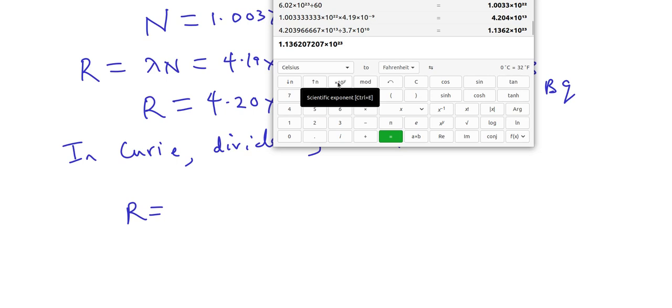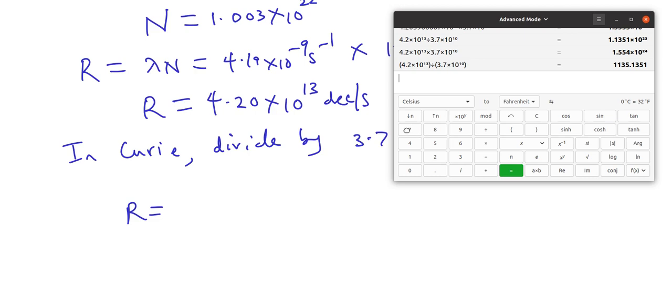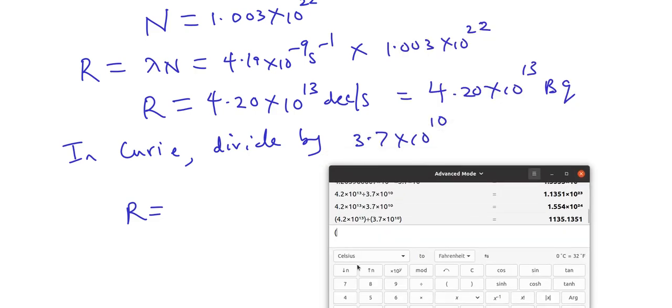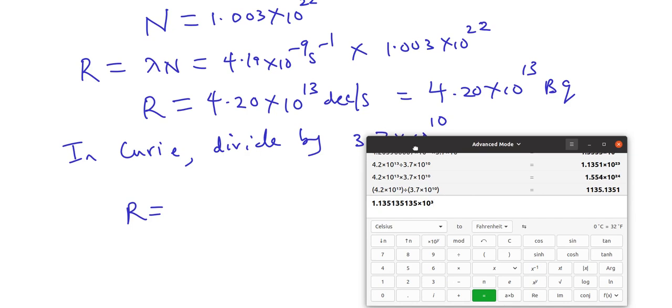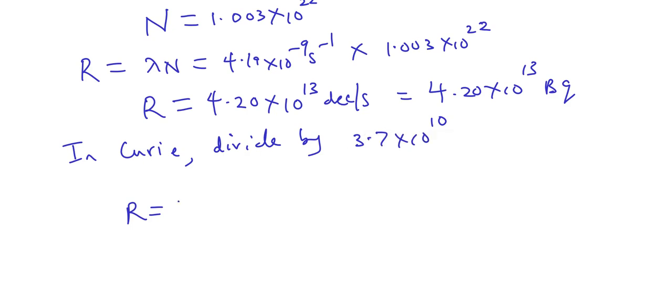I think I made a mistake somewhere. Okay, so it should be division. So it's correct, but you have to put it in brackets. So 4.2 times 10 to the power 13 divided by 3.7 times 10 to the power 10. That's when you get 1135.1351. So you have activity equals 1135